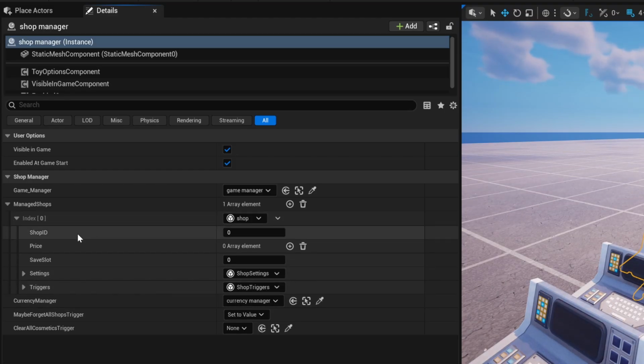The shop ID, it is very important that every shop has a different ID, even across multiple shop managers. It doesn't really matter what the ID is, it just matters that it's different. So this could be 0, 1, 2, 3, 116, 117, it really doesn't matter. Essentially why it's important that they are not the same is because my shop system uses the ID to check